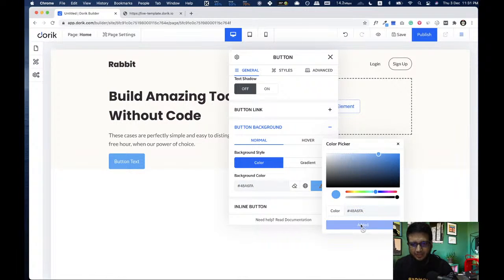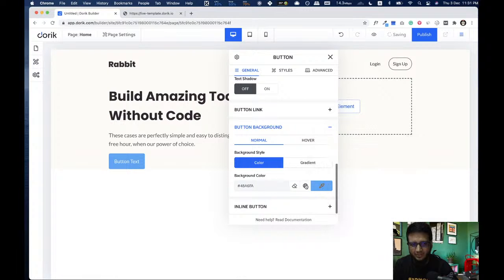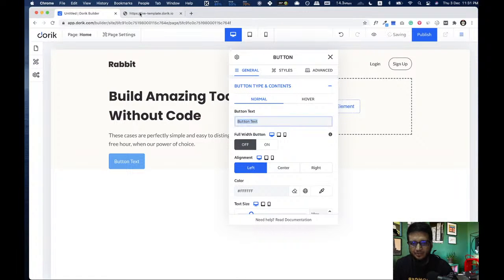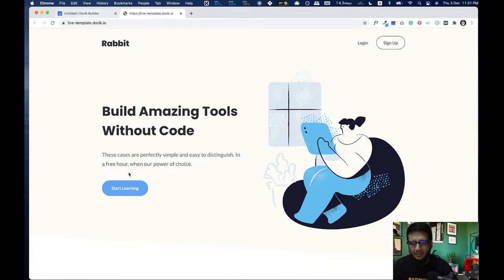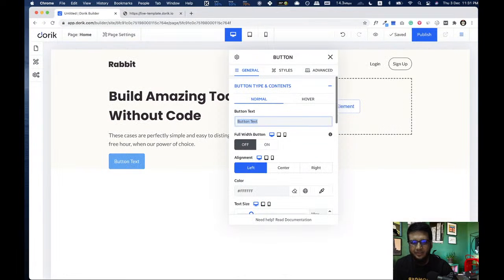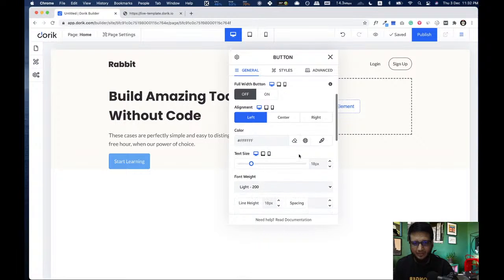I have pasted it. I'm gonna add it to global color so I can use it later. So button style is here, start learning, and I was just checking if everything is going all right.